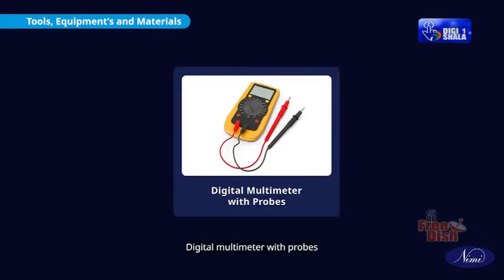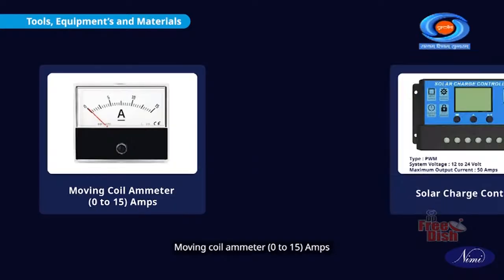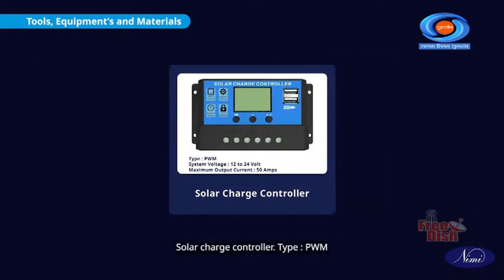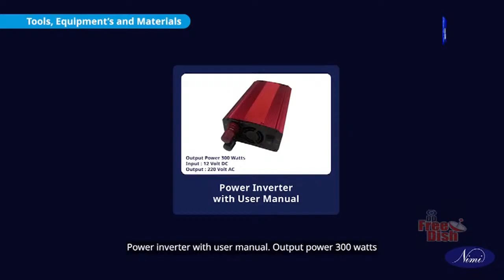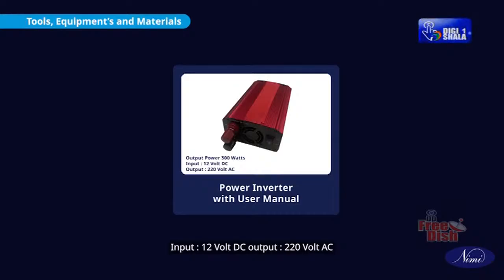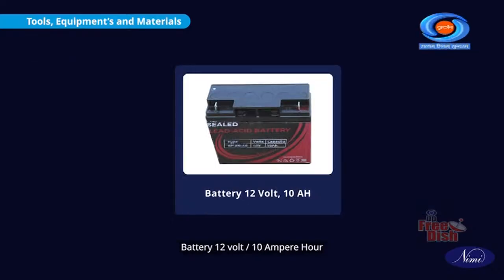Trainees toolkit, digital multimeter with probes, moving coil ammeter 0 to 15 amps, solar charge controller, type PWM, system voltage 12 to 24 volt, maximum output current 50 amps, power inverter with user manual, output power 300 watts, input 12 volt DC, output 220 volt AC, solar panel 12 volt 100 watt with manual, battery 12 volt 10 ampere hour,